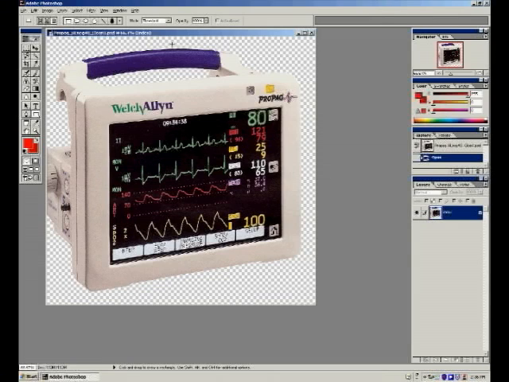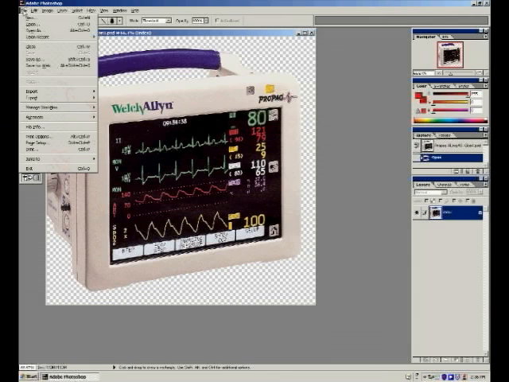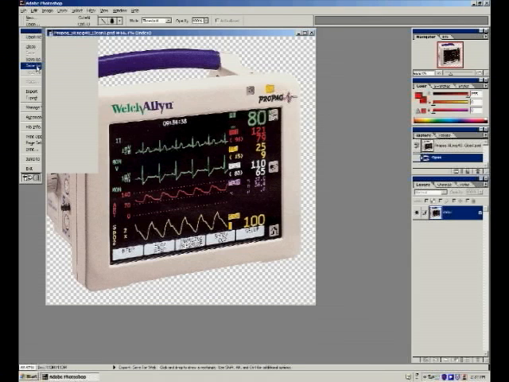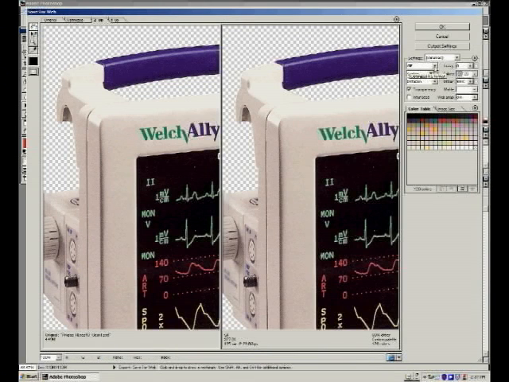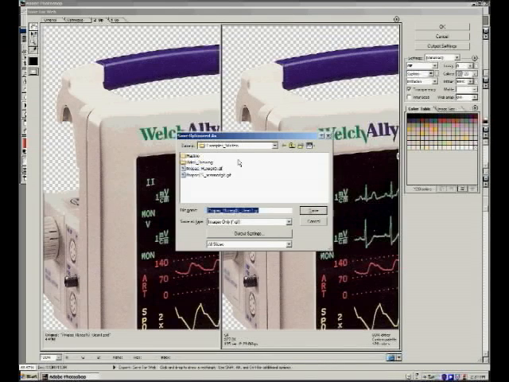Now first go ahead and save it as a Photoshop document, because you want to maintain the layers, and if you need to go back and edit it. But to get the GIF, you would say File, Save for Web, and this is unique to Photoshop. If you are using Fireworks, I believe you would say Export, but Save for Web. And essentially all you need to do is verify that this says GIF. Okay. And hit OK. And it will save it as a second image unique to your Photoshop document. And I'm going to hit